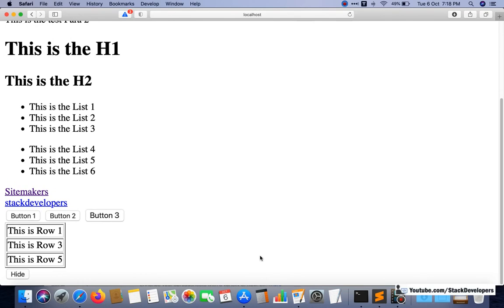All the even rows are hidden now, and all the odd ones are visible.